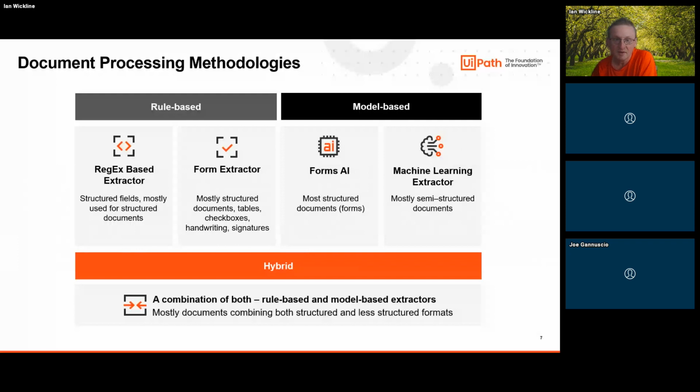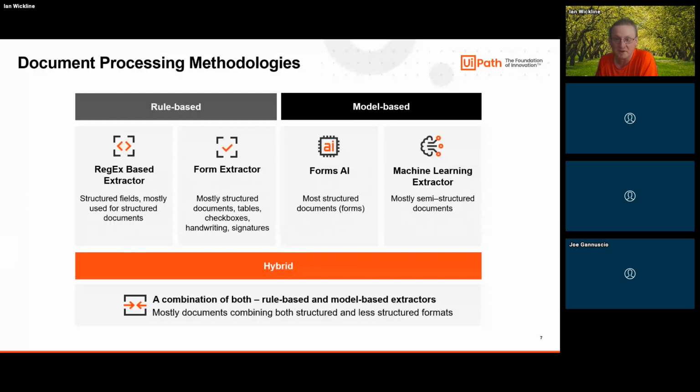So two of the common rule-based extractors are available inside Document Understanding. One, we call it the regex-based extractor, and it almost speaks for itself here. We're utilizing regular expressions, or regex, to identify and extract data based on specific patterns. Obviously particularly suitable for structured fields within the document. Regular expressions allow for powerful pattern matching, making it effective in being able to extract data